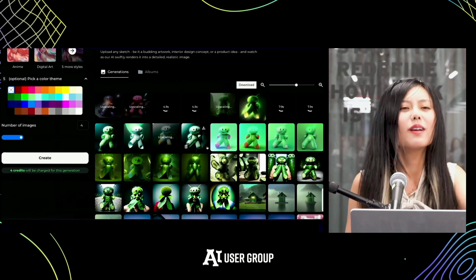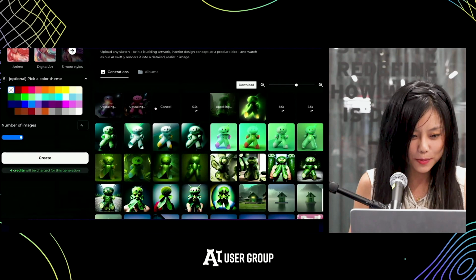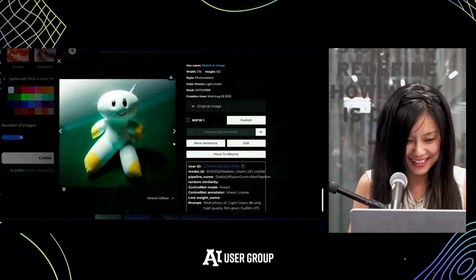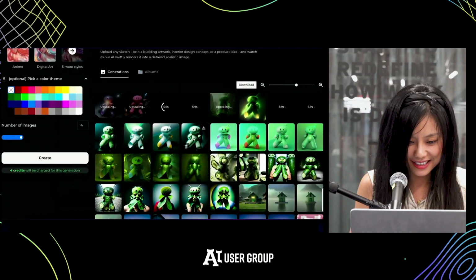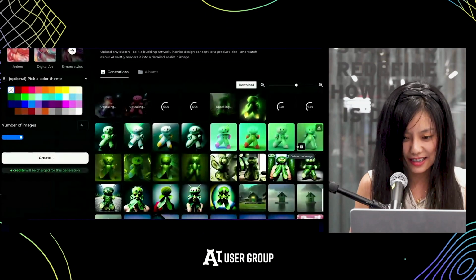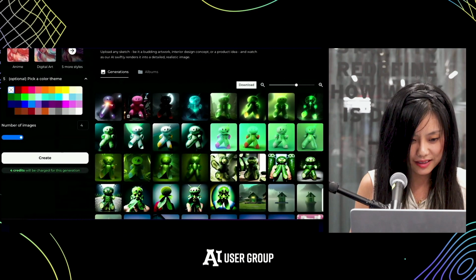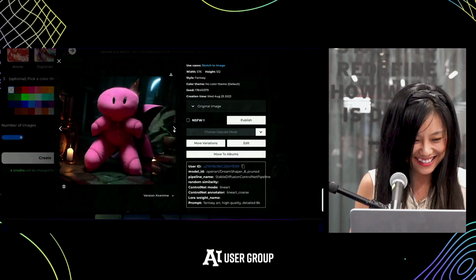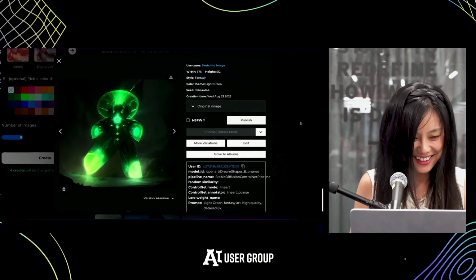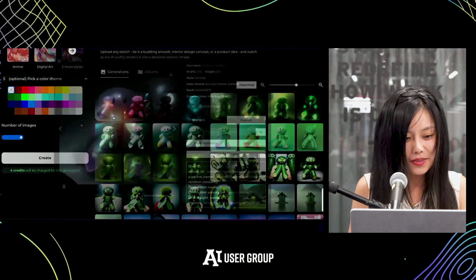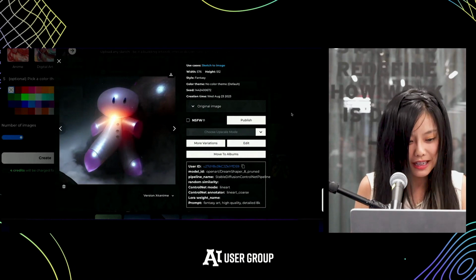I bet the girl that drew this never expected these images. Wow. This could be great for Halloween. Wow. Very innocent. Yeah, so this is the sketch to image tool, so definitely try it out.